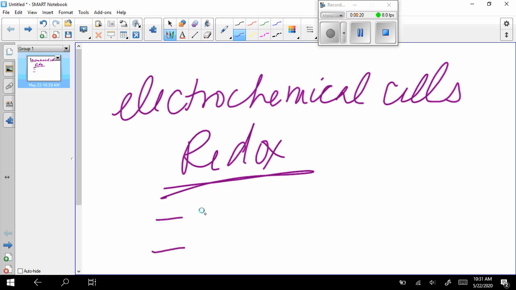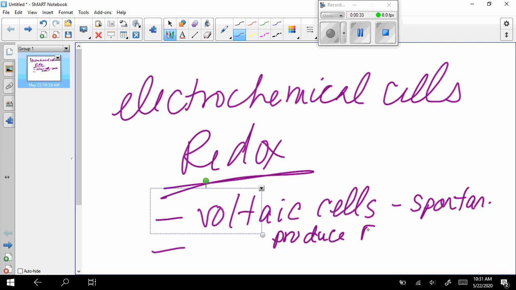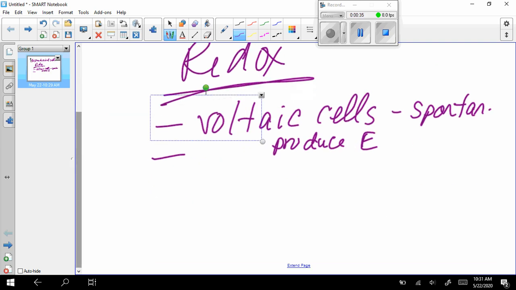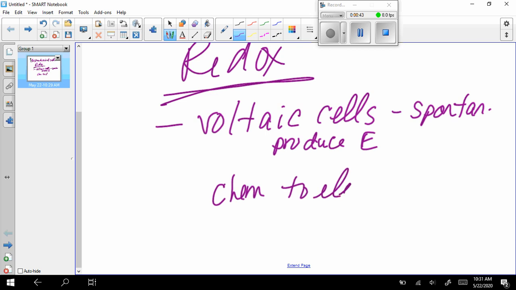There's two types. Last week we did the first type, which is voltaic cells, and those are the ones that are spontaneous. And so those are the ones that produce energy. So when they produce energy, they are converting chemical to electrical